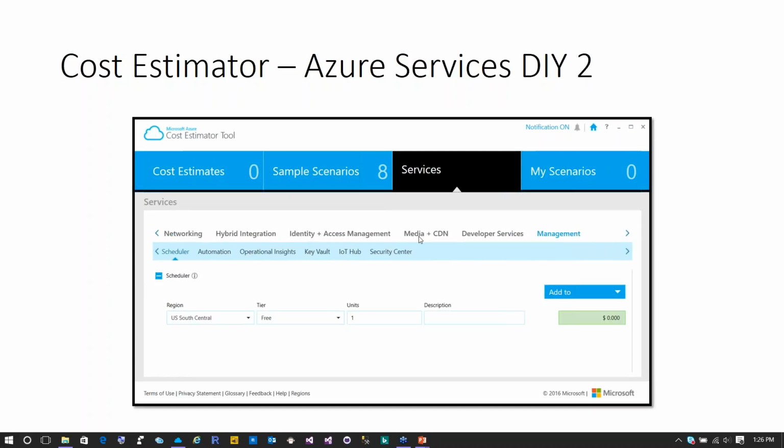In addition, we've got media and CDN, we've got developer services, management. You can see more options: scheduler, automation, operations, key vault, IoT hub, security center. This tool has a lot of features in here, and you can price almost everything in this.